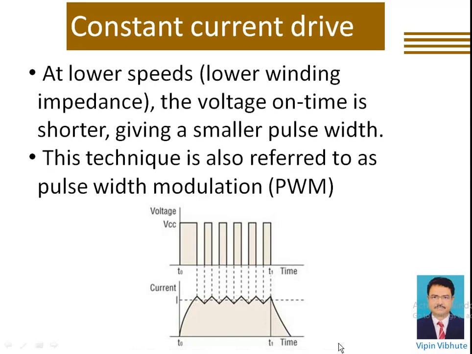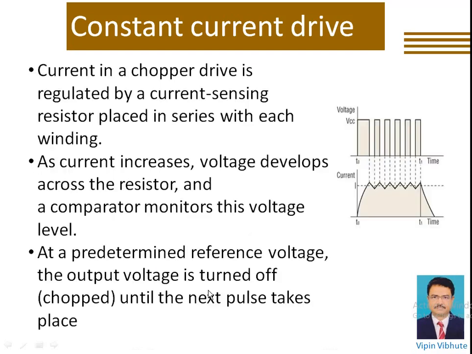If you see in this figure over here, these are the PWM signals. The on time is varied, and you see the rise in current during this on time. There is a sharp rise in current. Now the switches switch on and off, so there will be drops and rises in the voltage and current, but we need it steady. It is a DC motor, so we have to regulate this.